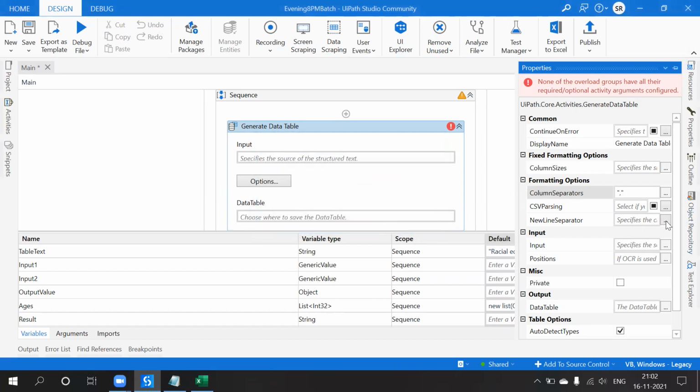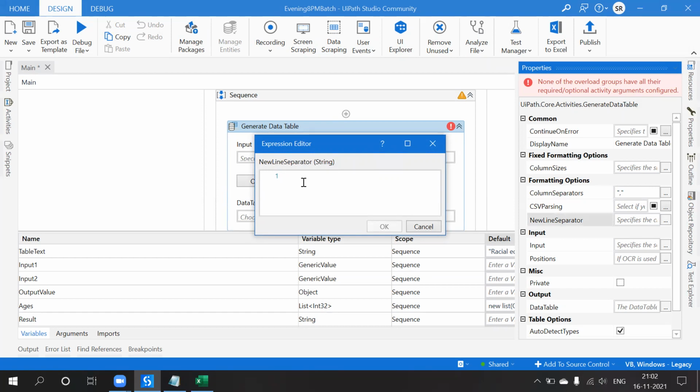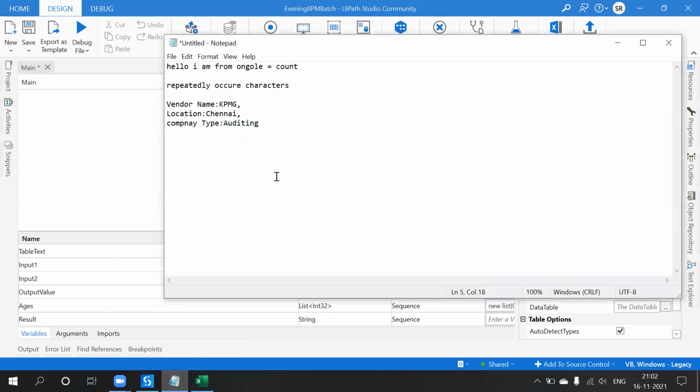And how can you separate with the new line separator? So here, when I take this one, in some cases you will get some pipe symbol or some hash.